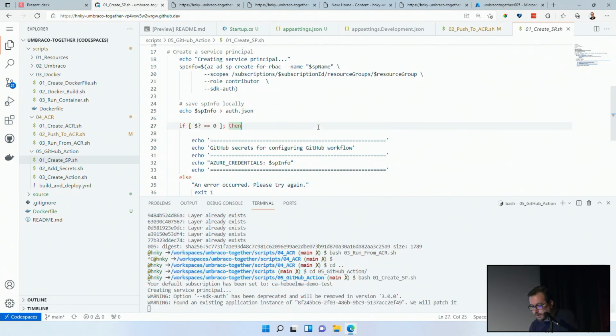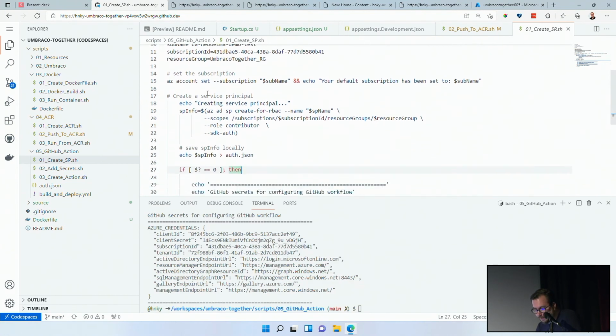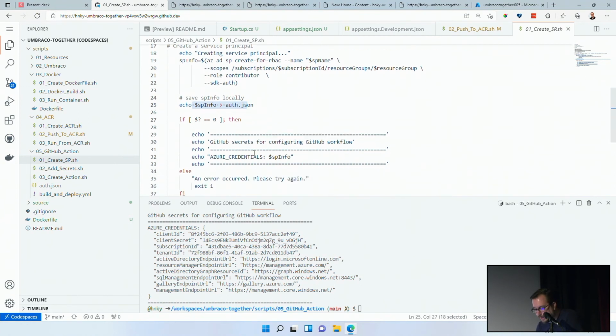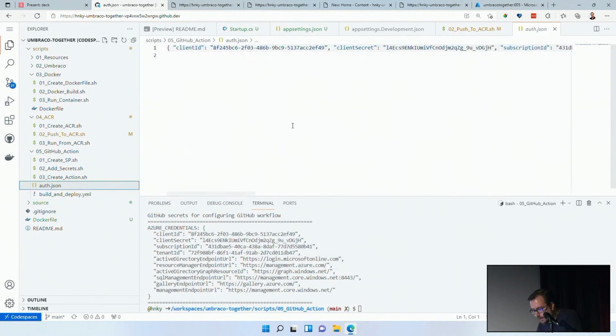So basically what it does, it has some information and then runs an Azure CLI command to get it, and then writes the output in authorization.json so I can copy it easily, and otherwise it shows an error. So basically all this information is in it. So let's actually get that information, go to GitHub,